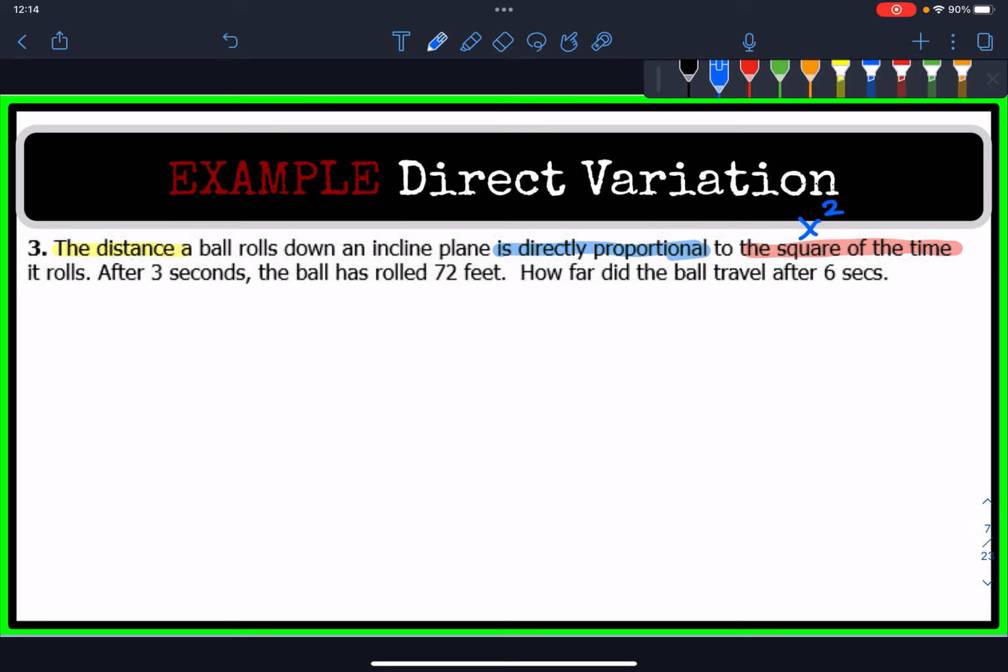So our distance, our y, equals k times x to the second power. And instead of using y, we're going to use d for distance. Directly proportional multiplies our constant with our x, which in this case is t, for time. But it's being raised to the second power because we're squaring it. So after 3 seconds, the ball rolls 72 feet. So replacing d with 72 feet, that's the distance, and replacing our time with 3 and squaring it,